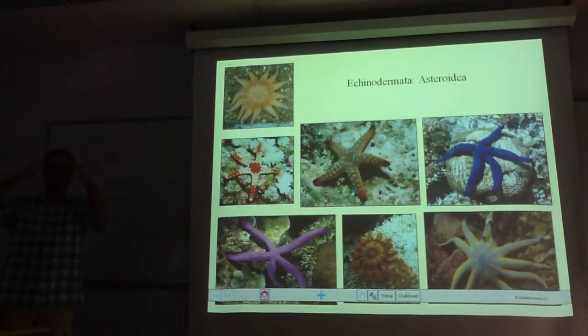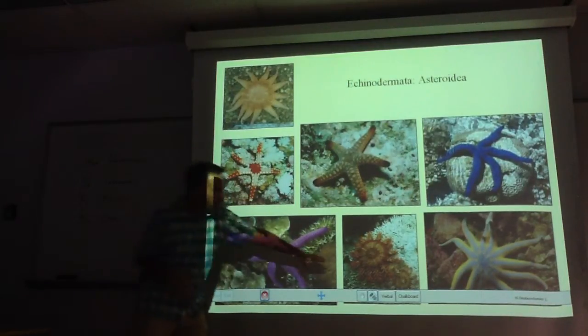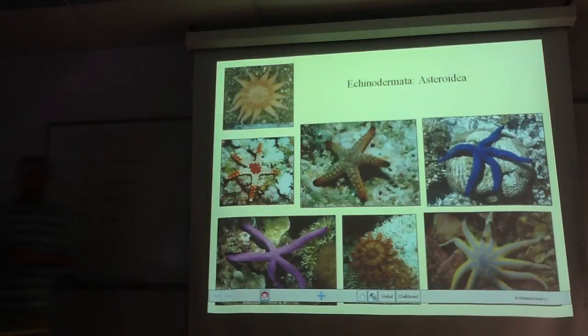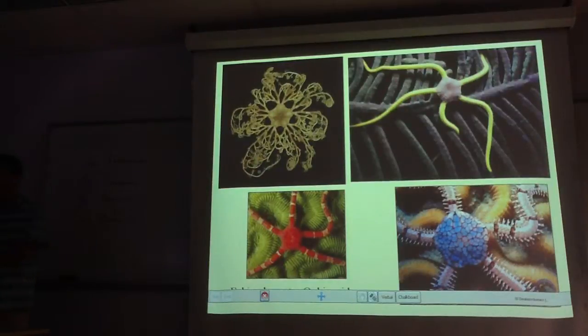Asteroidea, this is the picture in your head, right? Everything from something like a nice big Helianthus sunstar to just regular little starfish, crown of thorns, picture a starfish. So next time you walk past a gift shop and it has little dried starfish, you go, oh look, there's some asteroid echinoderms, right? You have Asteroidea and Echinodermata. Next is going to be what?